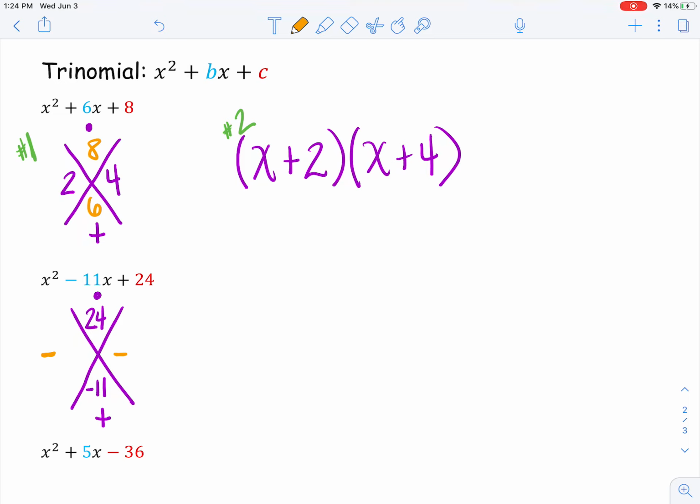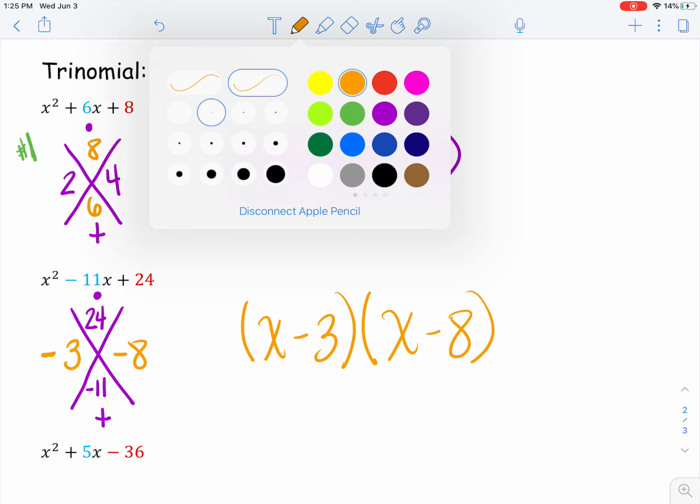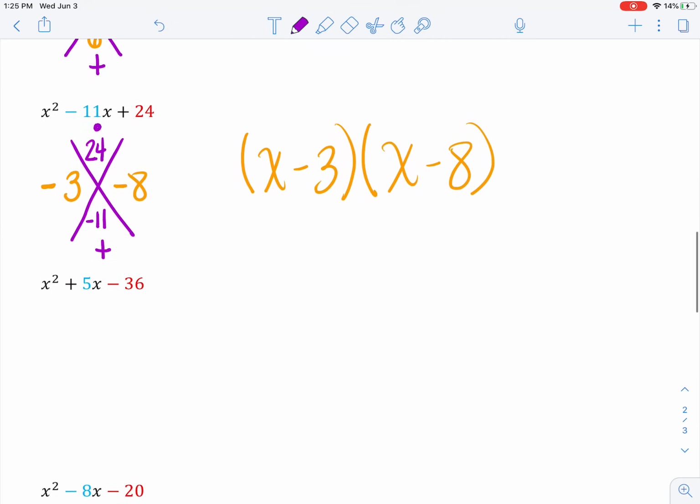Okay, so we know both of our factors are going to be negative, and you just have to find the two numbers. So I'm going through 24, and I'm thinking, okay, 1 and 24, that won't give me 11. 2 and 12, that won't give me 11. 8 and 3, well, that does give me 11, but they have to be negative in order to give me a negative 11. So in this case, my factors are x minus 3 and x minus 8. Okay,